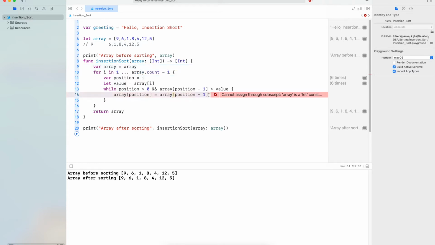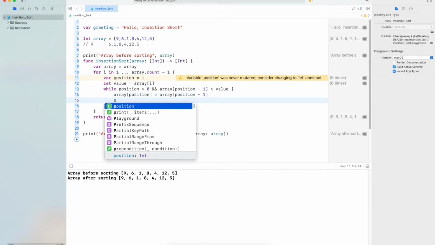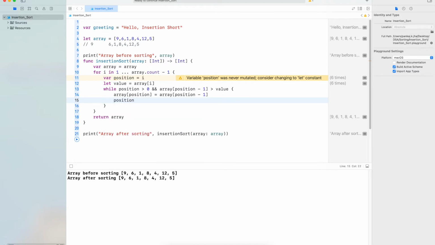Then, since we have already compared the previous element, and if there are other elements to be compared, our position will be decreased by 1. So we will do position minus equals 1. That means position equals position minus 1.